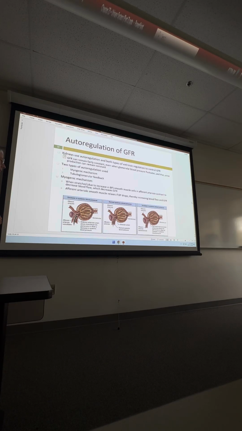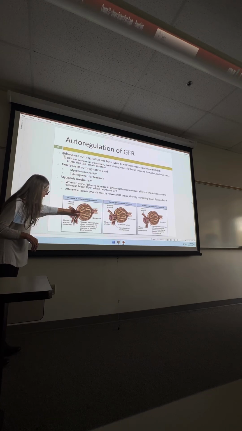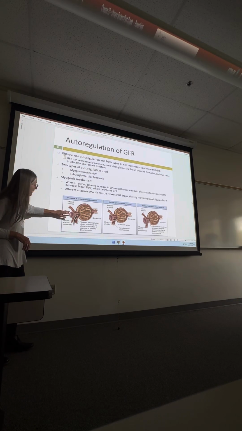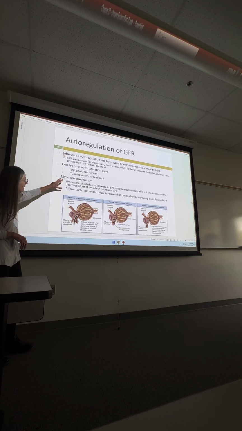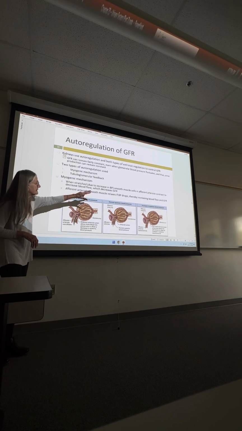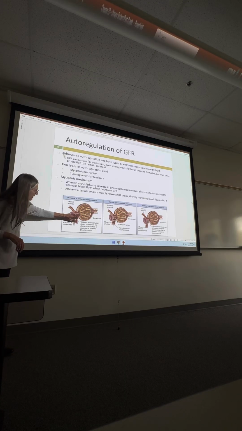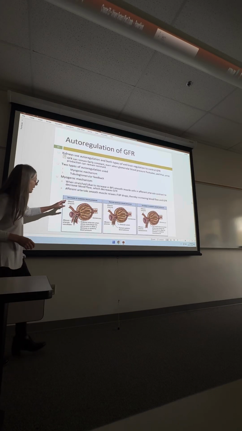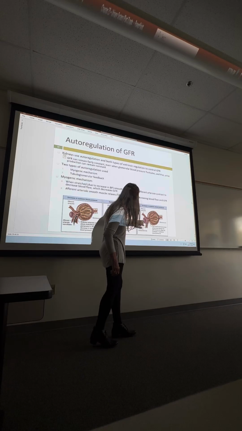Remember that you have blood coming into the glomerulus and then back out again. And when we have this myogenic mechanism, we know that we have little smooth muscle cells surrounding our arterioles here, right? They're not just endothelial cells. There's a little bit of smooth muscle around arterioles. And what happens when you stretch smooth muscle? It wants to constrict. So very simply, if you increase the flow, there's our increase in our blood pressure, then